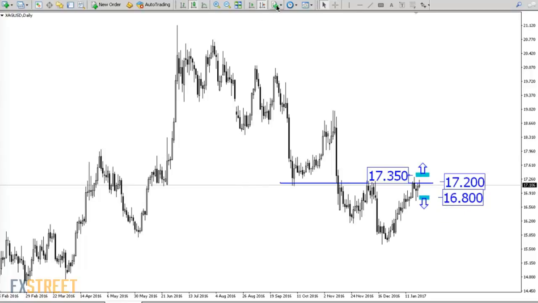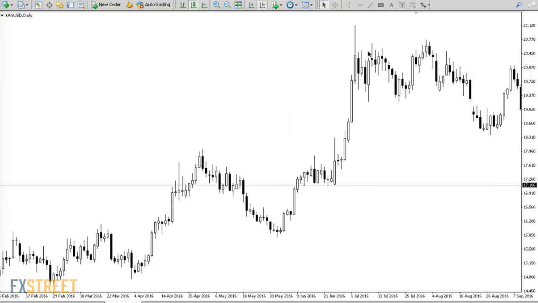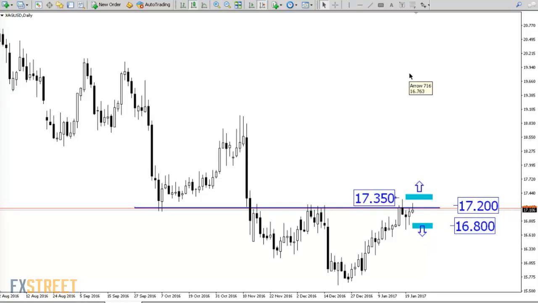For your consideration, I'll zoom in so that you can see how it looks like. Again, I'll put the vertical line over here, the current candle. So that's silver. The next currency pair